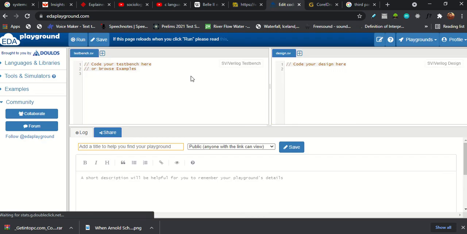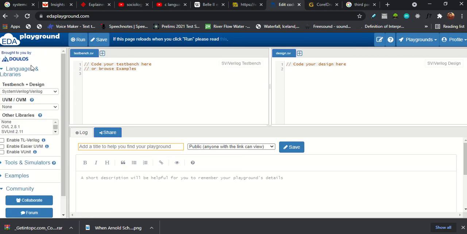With this tool you can practice your Verilog and System Verilog skills, and you need not go to any professional training institute to learn. If you follow me religiously, I can help you build professional level knowledge in this language. So let us start. Now this EDA Playground is open.